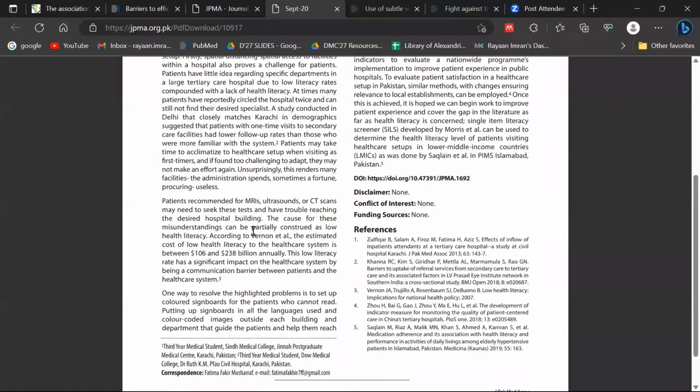And then if you can see in the very last paragraph, which is I like the way that she started out this particular journal, particular article. One way to resolve the highlighted problems. This is a very key sentence in my personal opinion, because every LT that you write should have a basic outline. In this particular paragraph, she's giving you a solution, an alternative, a idea that can help resolve this. So I'm going to repeat all of the stuff that I said right now, in terms of very basic things.